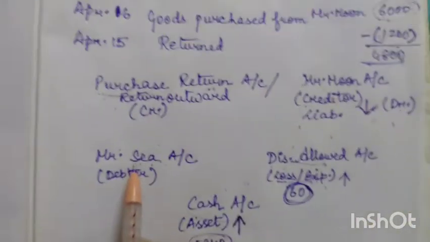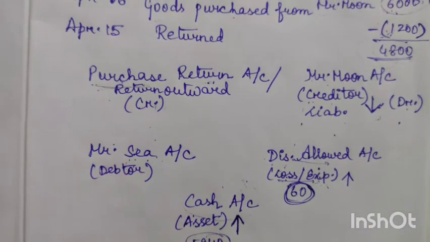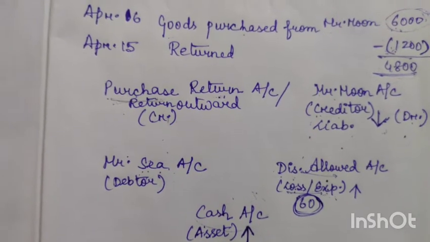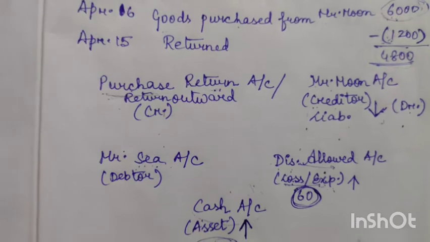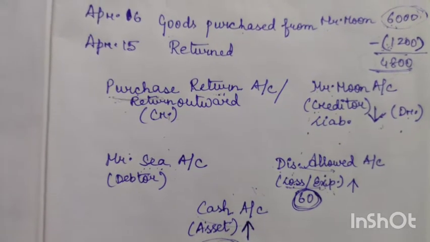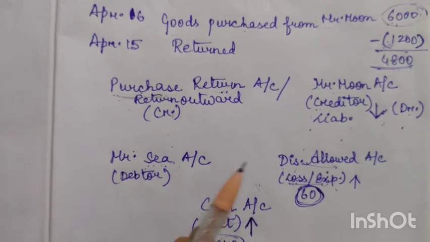Okay, now come to Mr. C's account. Whenever we will be maintaining a particular person's account in our book, if he is paying the money, then obviously we will deduct that amount from our book, that yes, he has paid, since he has made the payment, so we will deduct the amount.